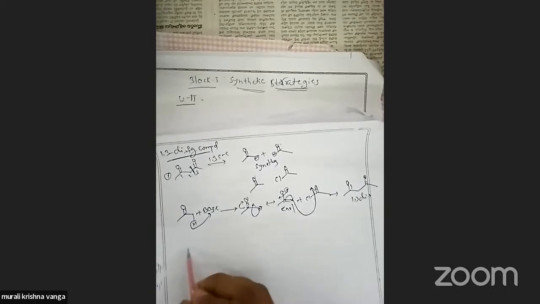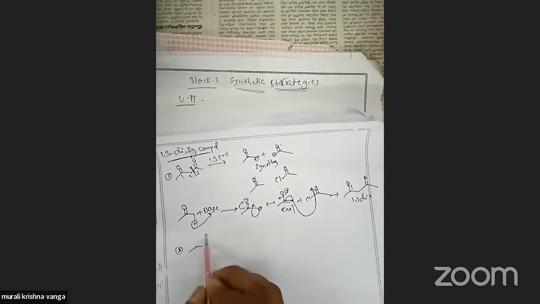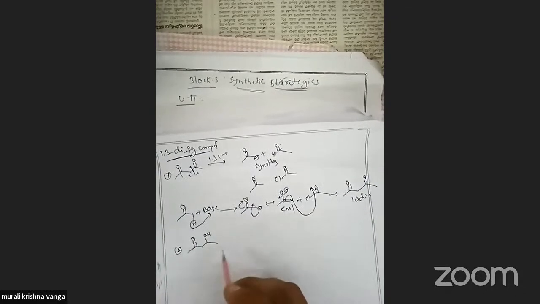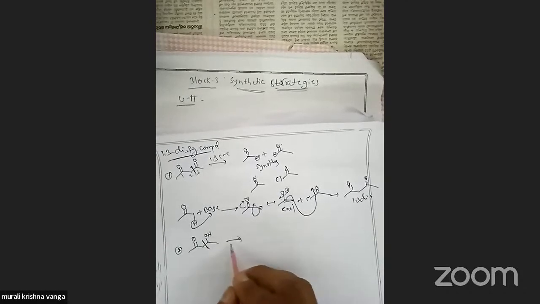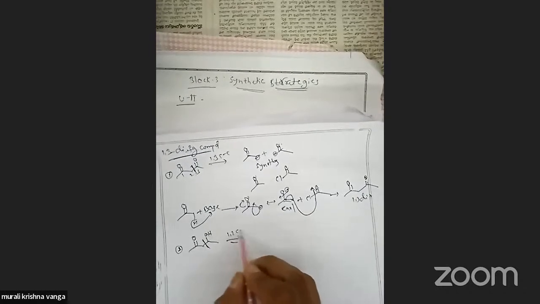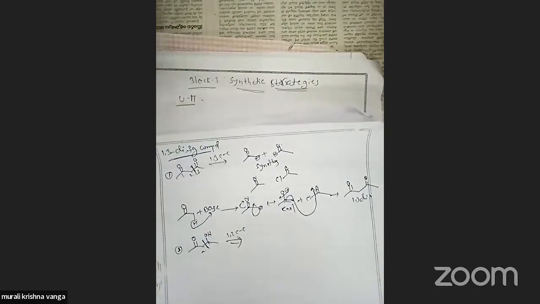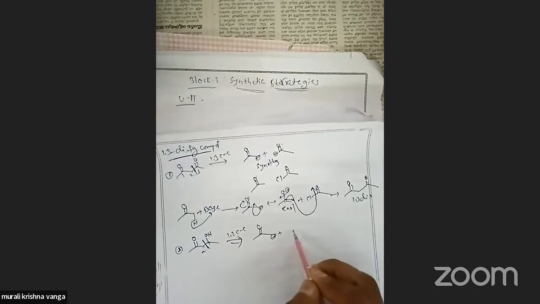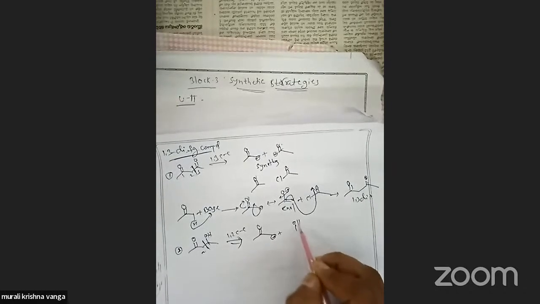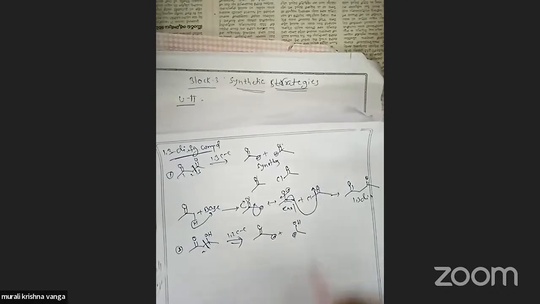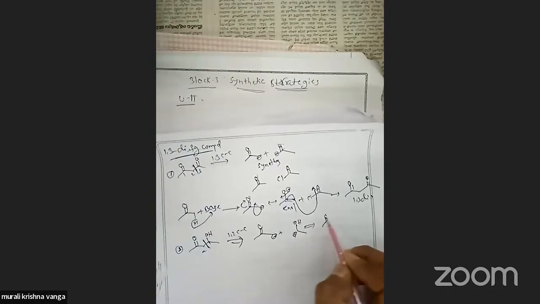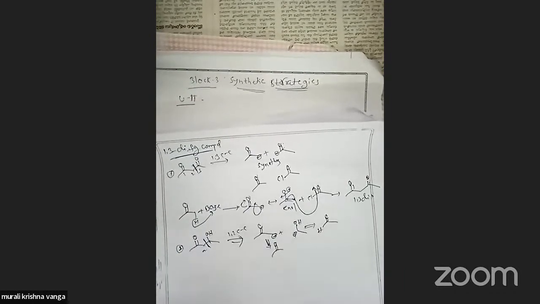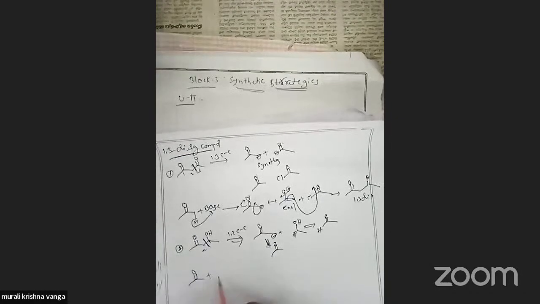Okay, next example is synthesis of beta hydroxycarbonyl compounds. In this case also, a 1,2 CC disconnection takes place. Then again there is a negative charge here, and a positive charge on the hydroxy group attached carbon. Now it is converted into a carbonyl carbon, and it is converted into acetone. Same, when acetone reacts with base,